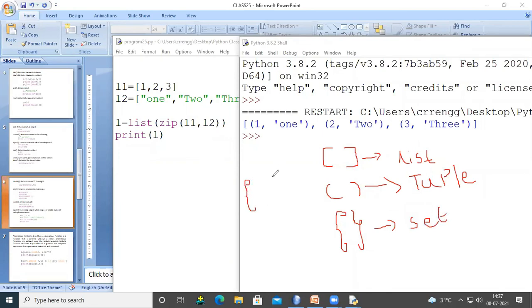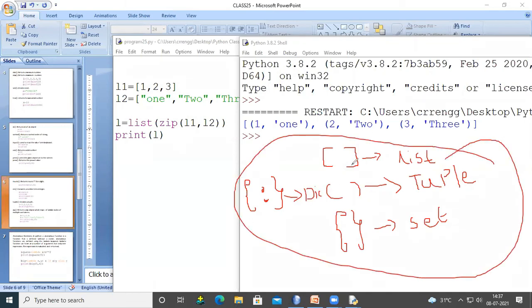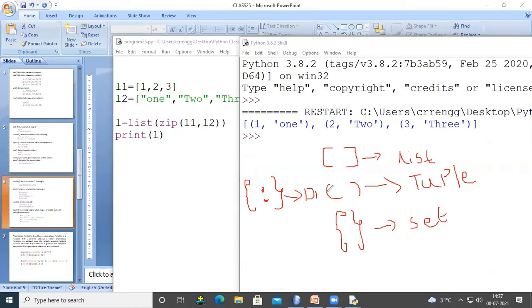Flower brackets with keys and values, for example keys and values, this we call a dictionary. These data types we are going to use in many programs. Remember this: list, tuple, set, and dictionary. Square brackets, list. Small brackets, tuple. Flower brackets, set. Flower brackets with keys and values, then it is a dictionary. Okay.